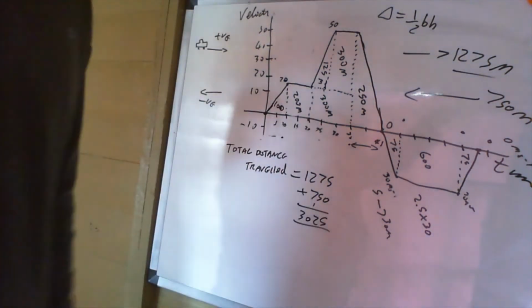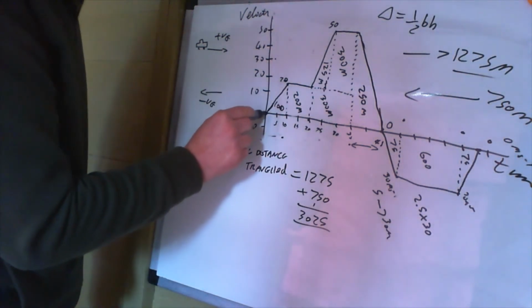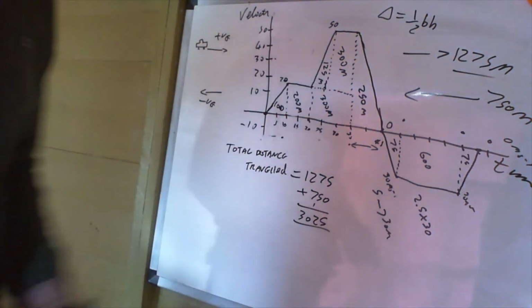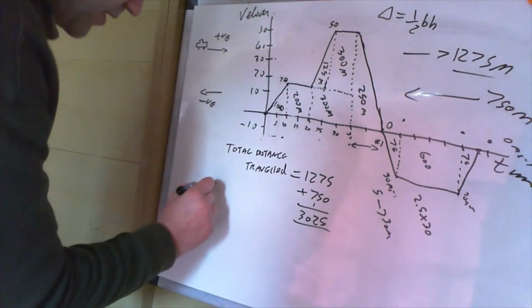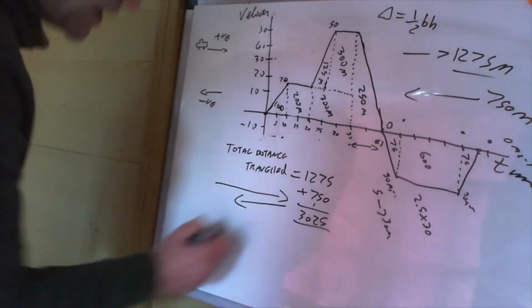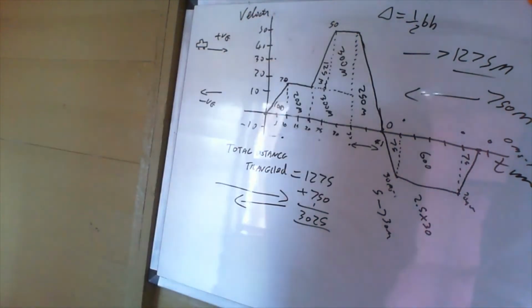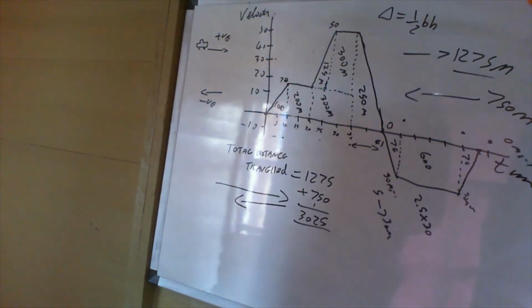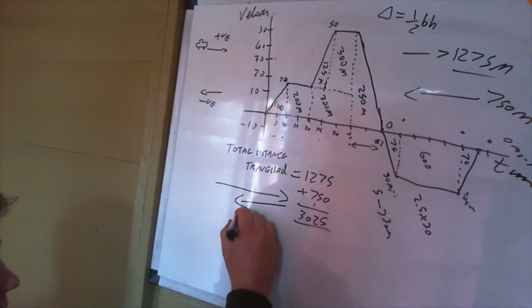But what is his displacement? His displacement is this distance from here to where he is now. So in other words, he travelled 1,275 meters in that direction. So we have to take away the distance he's travelled back to the house. In other words, how far has he got to walk? And that's his displacement. So it's going to be